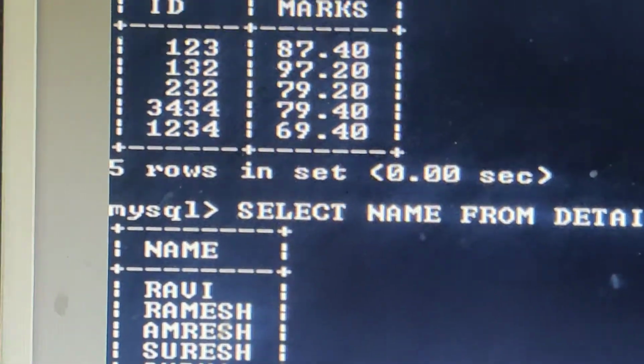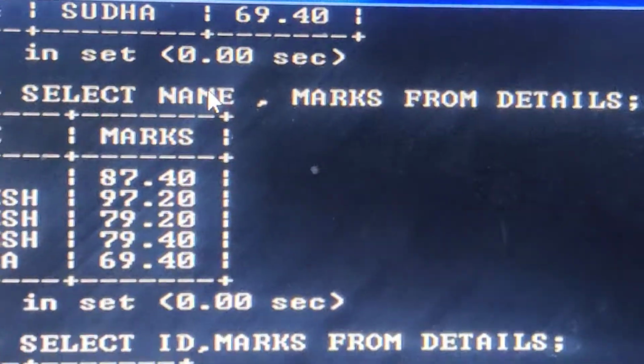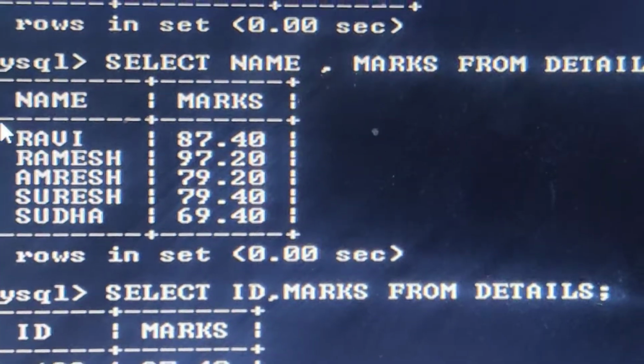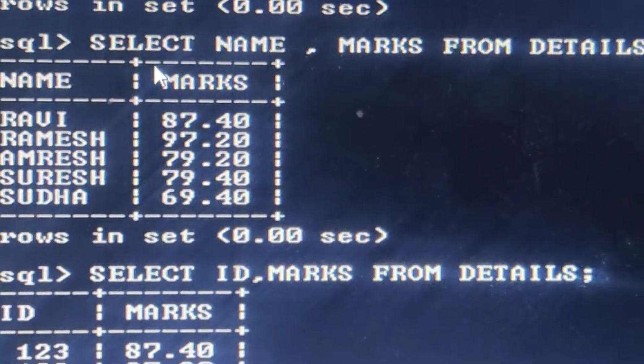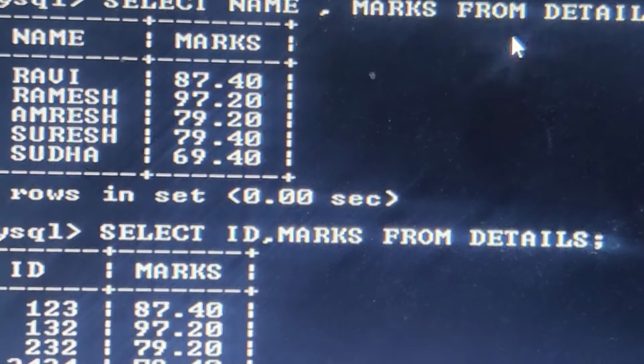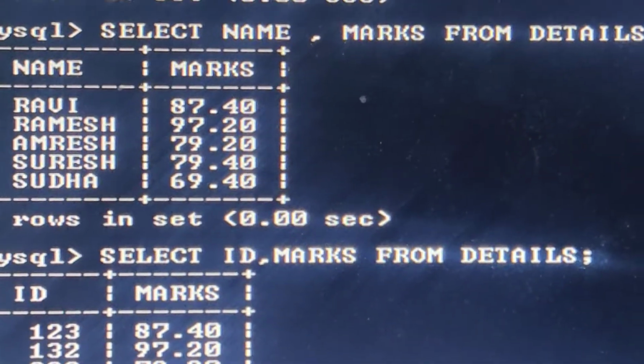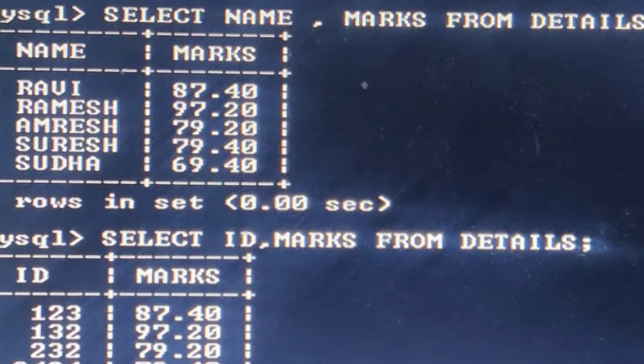Next, if I want to see only the name and marks from the table details, then select name comma marks from details. Here we are not using star. Star is to display all the columns.